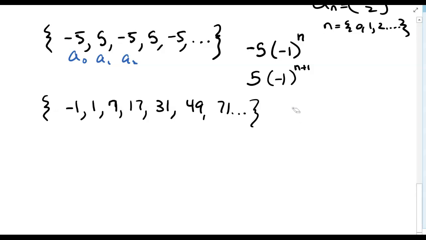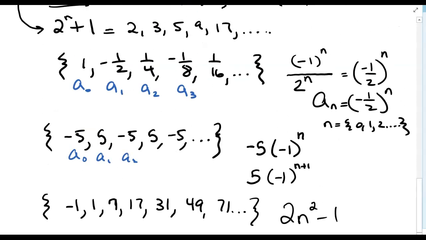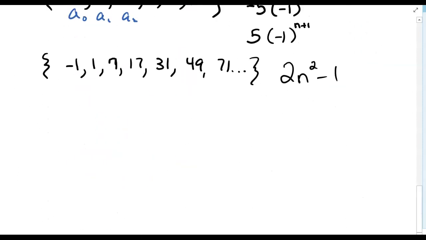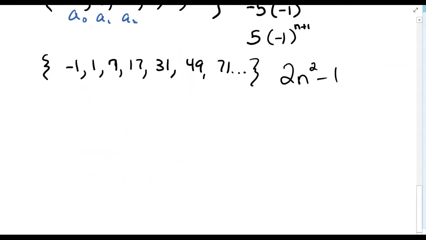So you end up with doubling n squared and subtracting 1. And then that would work. So sometimes you've got to play around with the particular patterns to get there. There's all different kinds of ways to get to these formulas. So just in general, we're not going to spend too much time getting into coming up with these patterns, but